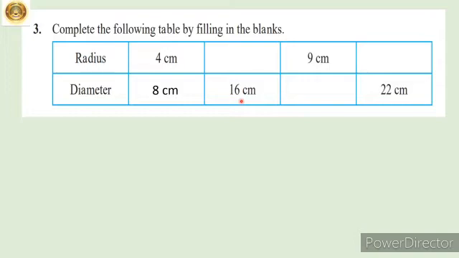Now the second circle's diameter is given. It is 16 centimeter and you have to find out its radius. Radius is equal to diameter divided by 2. So 16 centimeter divided by 2, 2 8s are 16. So 8 centimeter. So students, you solve the remaining two sums